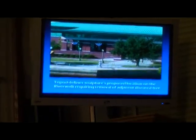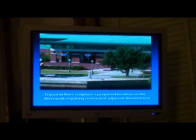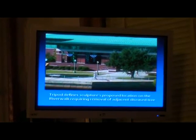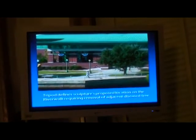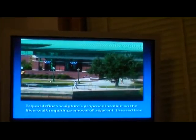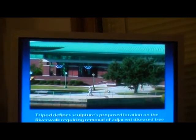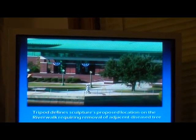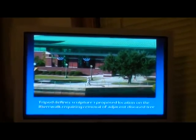In the next slide, the tripod, I don't know if it might not be quite that visible. Can you just put your finger on that tripod to show the proposed location? Well, you see an image up there, and then right to, yeah, okay, great. Right there is the proposed location,